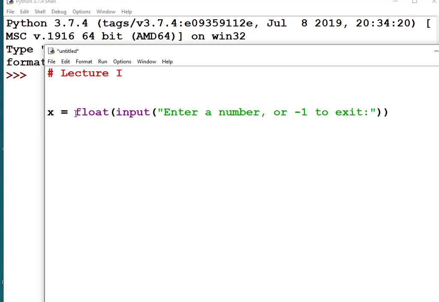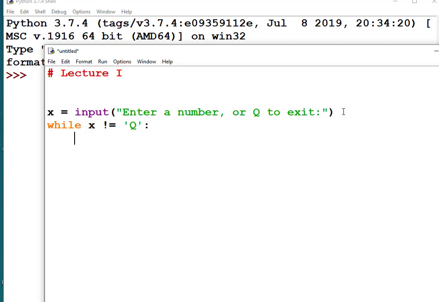I'm sorry for this. It's going to take a couple of edits, but if I take that float parentheses off there, take off one of the closing parentheses and make this say or Q to exit. That's the way people think, right? I want to stop, so I want the option of typing in Q to exit. So here we're going to go: while x != "Q":